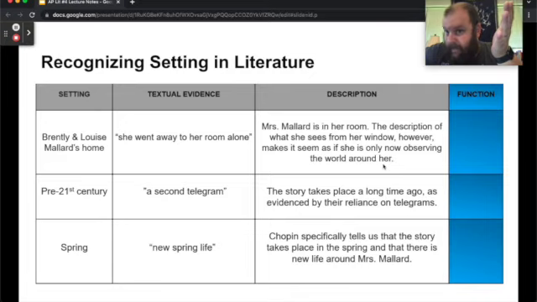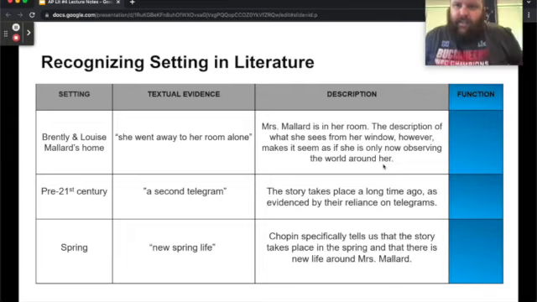We understand, or we are led to believe, at the beginning of this story that Mrs. Mallard is mourning the death of her husband. Right? It only comes from a closer reading that we understand, no, she was actually almost